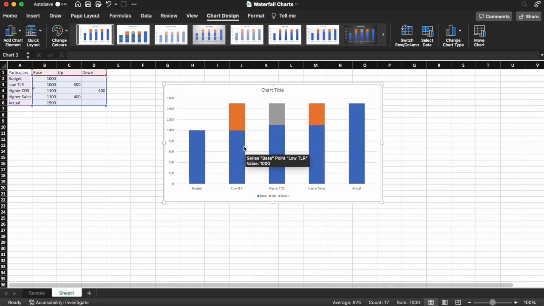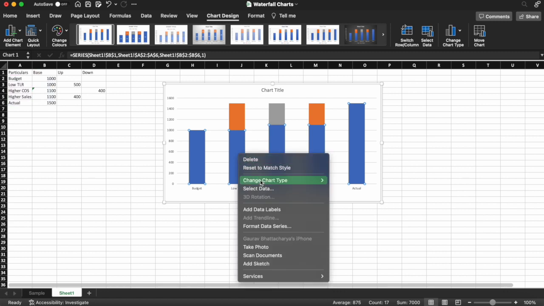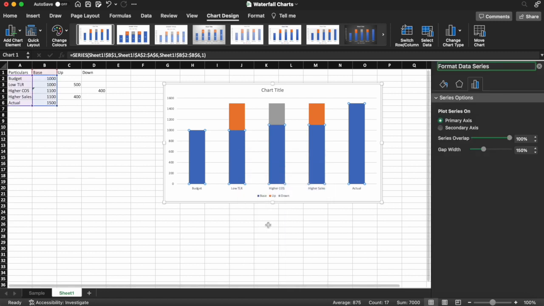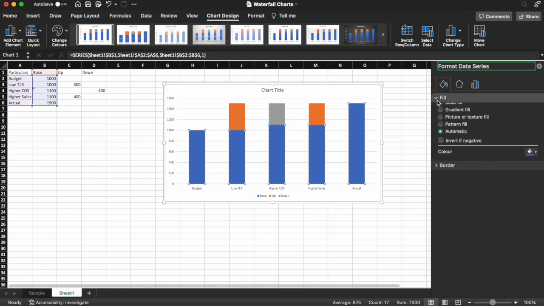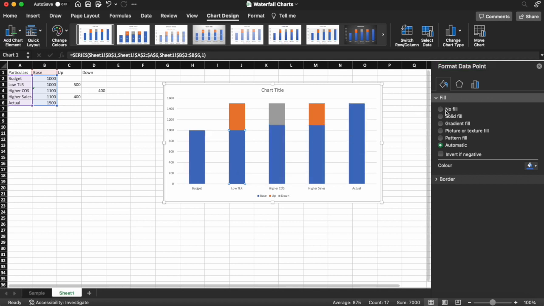So now what we need to do, first of all, is blank out these middle bars. I don't want to show them. So we can just click over here, right click and go to Format Data Series. Over here we'll go to the formatting section, we'll go to Fill, and we'll now individually select these bars, and I'll select No Fill,